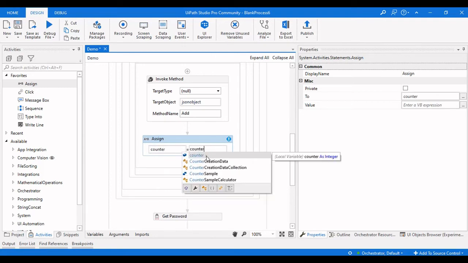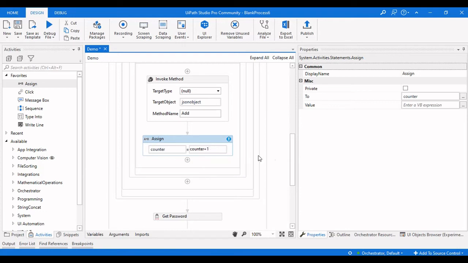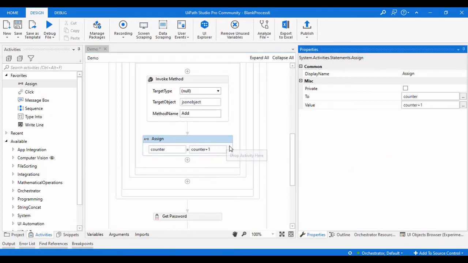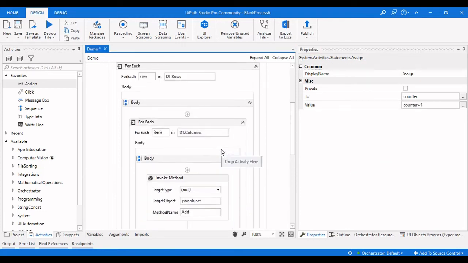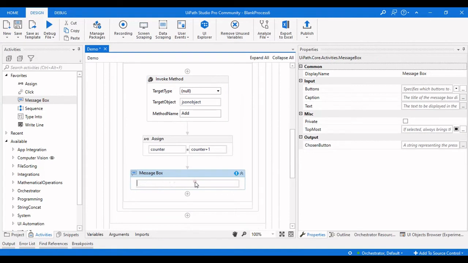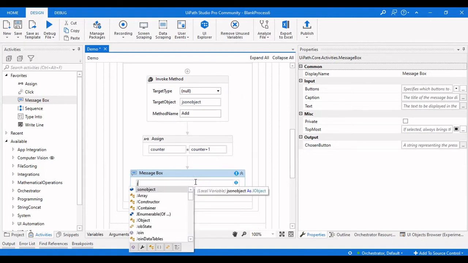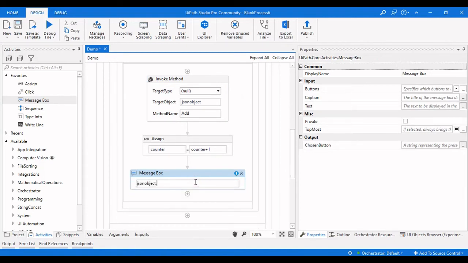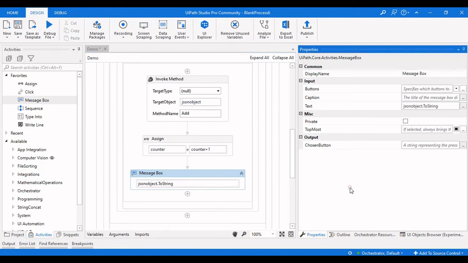I'm going to increment this value. So we have successfully done this by creating the JSON object. Let me drag in a message box here, and we are going to see the output of the JSON object, JSON object of toString.